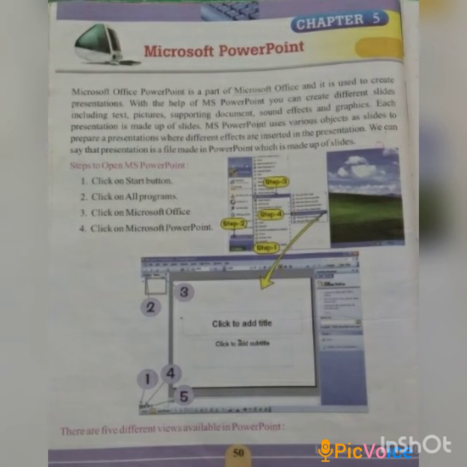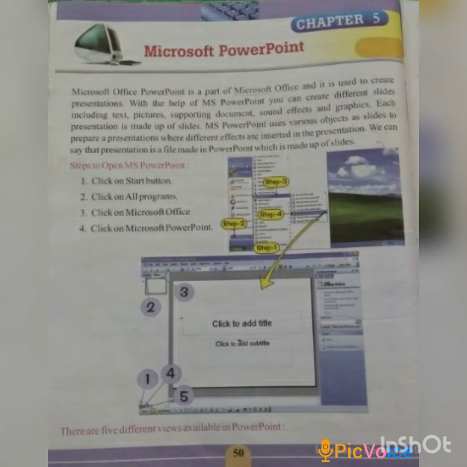Now, these are the steps to open Microsoft PowerPoint. First of all, we need to click on the start button, then click on all programs, then click on Microsoft Office, and lastly click on Microsoft PowerPoint.